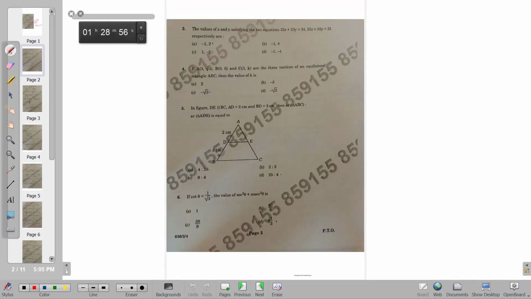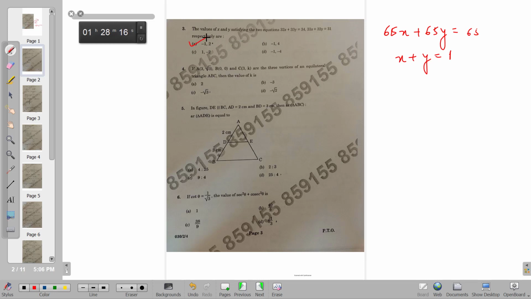There are totally 5 zeros over here. Okay, next one. The value of x and y satisfying this. If you notice over here, the x and y are getting interchanged. So if I'm adding up both the equations, this will become 65x plus 65y is equal to 34 plus 31, which is 65. So we get x plus y is equal to 1. Let us look at the options immediately. There is only one option where x plus y is equal to 1. This one, 2 plus minus 1 is equal to 1. So that will be the right answer.